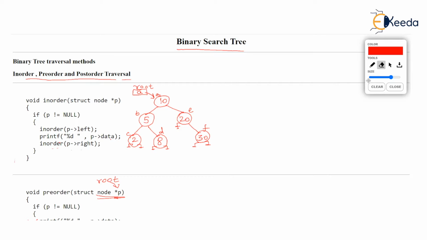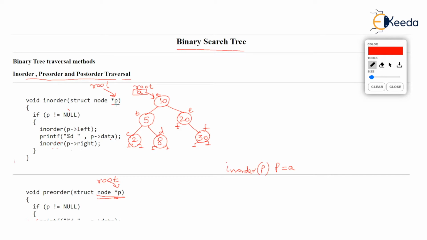If you actually literally run this line by line, let's run in order. Okay, how is in order called? In order is called by passing root. Literally, root is copied in the pointer P. So I will show the recursive call like this. In order is running with the parameter P, and P is literally A. Are you understanding? P is A because check the diagram. Root is storing address A. So the pointer P is literally going to store the address A.